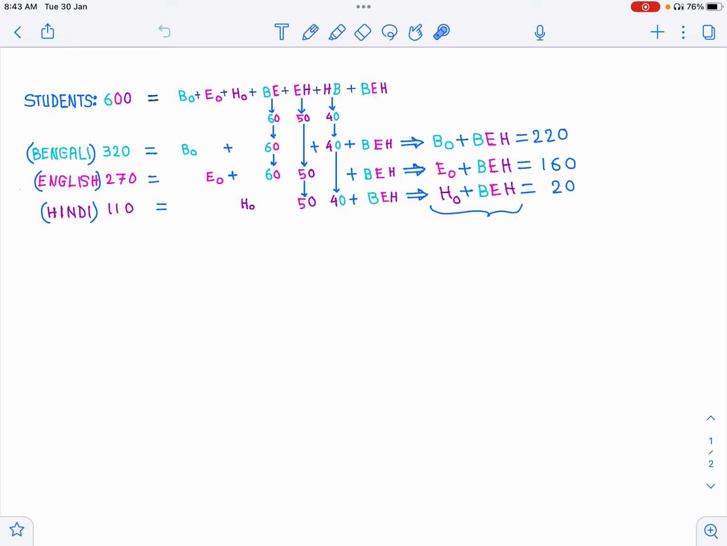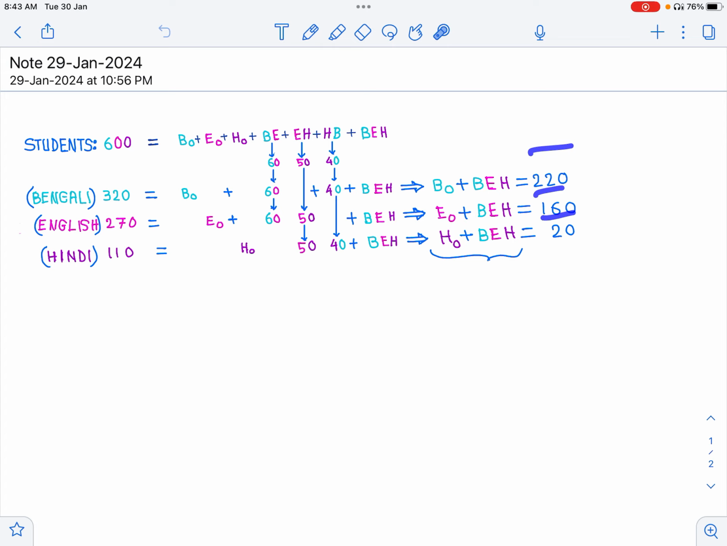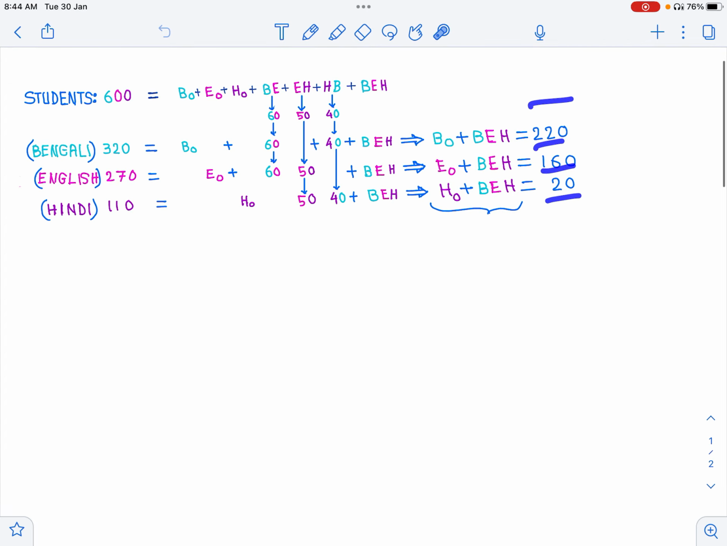So here clearly we have got three counting figures, that is 220, 160 and 20. We cannot clearly segregate this, only those students who learn only Bengali and who learn these three languages. We cannot segregate this,